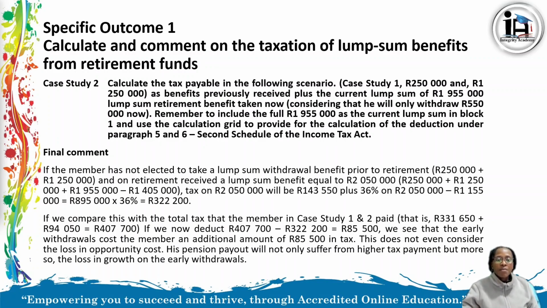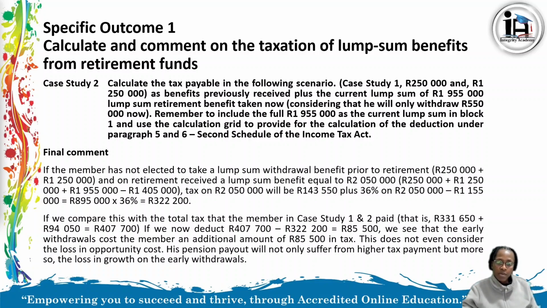Our final comment there, if the member has not elected to take a lump sum withdrawal benefit prior to retirement, that is 250,000 plus 1,250,000, and on retirement received a lump sum benefit equal to 2,050,000, that is 250,000 plus 1,250,000 plus 1,955,000, we less that 1,405,000. Tax on 2,050,000 will be 143,550 plus 36% of 2,050,000 minus 1,155,000, which is 895,000 times 36%, which is